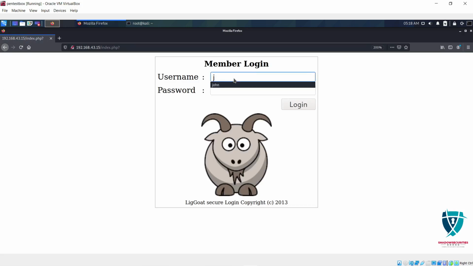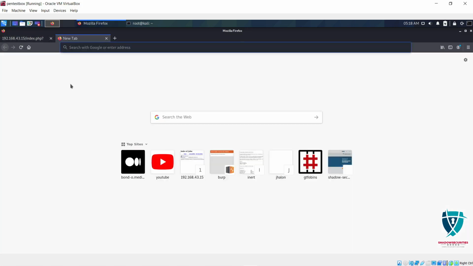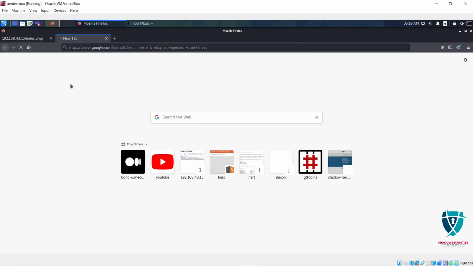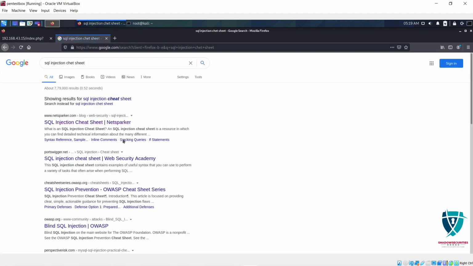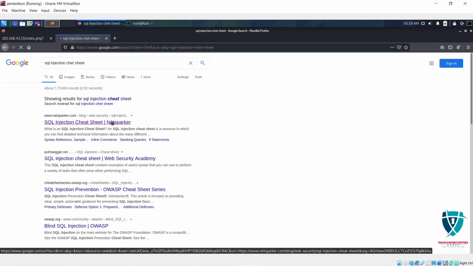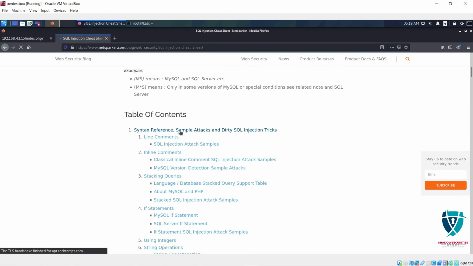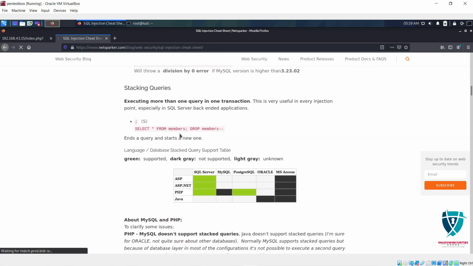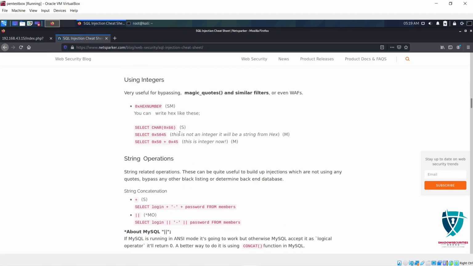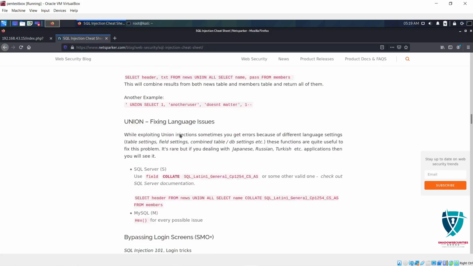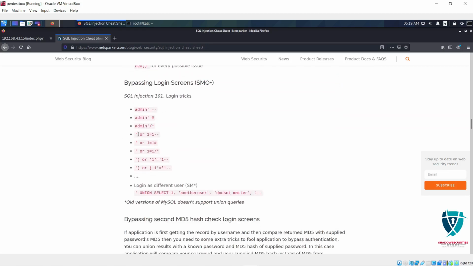So I'm going to use john, and here I'm going to use a payload for the password parameter. If you don't know SQL injection payloads, I'm going to show you an SQL injection cheat sheet. Open this, and then we can go into the Netsparker section. As we can see here, there are some payloads to enter in the password parameter. By entering these types of payloads in the password parameter, we can easily bypass the login console, the login authentication.